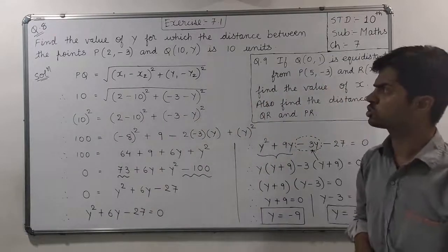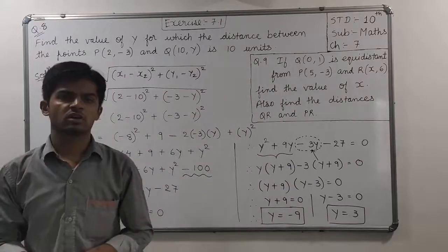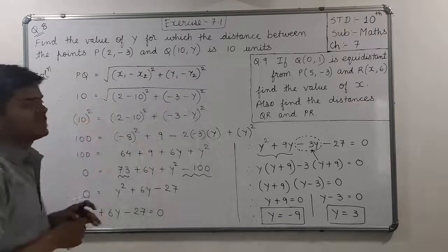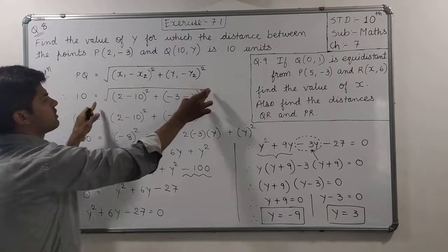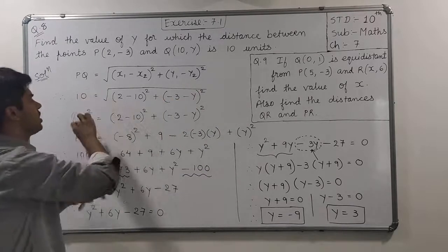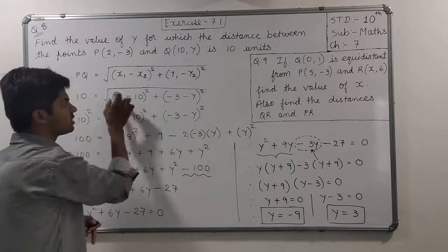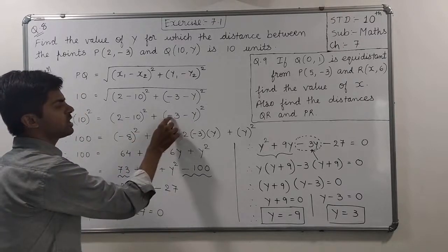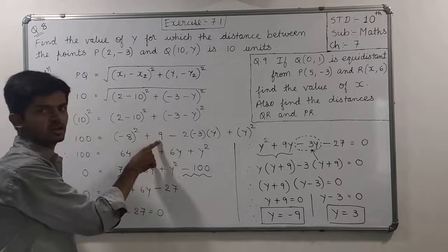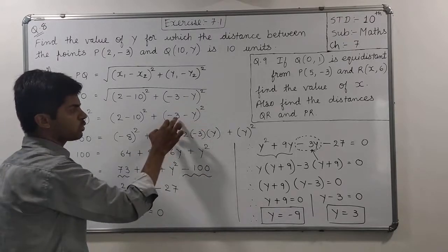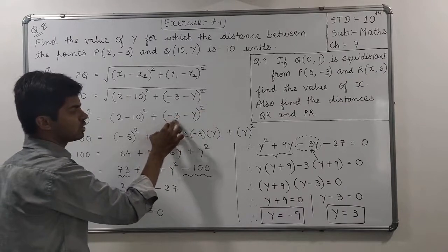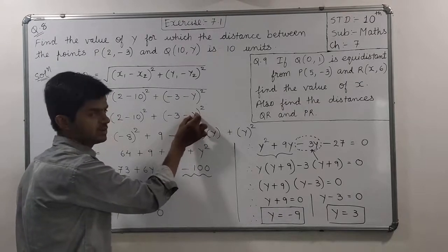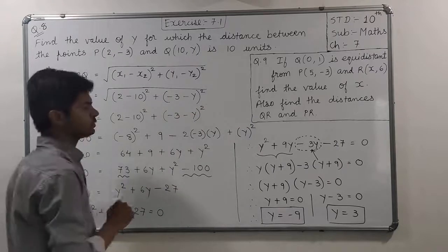Okay, understood? If you are not able to understand, rewind the video and see one more time. यहाँ पे जो है वो एक स्टेप इंपॉर्टेंट किया था, राइट। क्या था? स्क्वायर रूट। If you are removing square root from right hand side, then the square will come on left hand side. The remaining terms inside the square root will be as it is only. यहाँ पे हमने a minus b whole square की फॉर्मूला, फर्स्ट टर्म स्क्वायर a square, minus 3 का आप स्क्वायर करोगे तो मैंने डायरेक्ट लिख दिया, 9 ही आएगा, minus 2 into a into b, so 2 into a, your a was -3 and b is only y, b जो है वो सिर्फ y है, राइट। ये माइनस की साइन का फॉर्मूला किया, ओके।